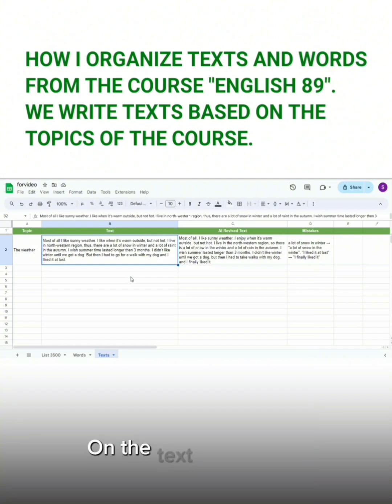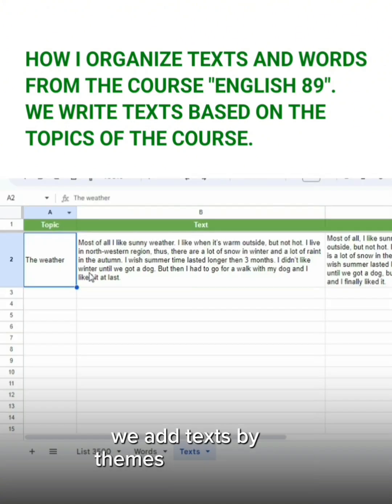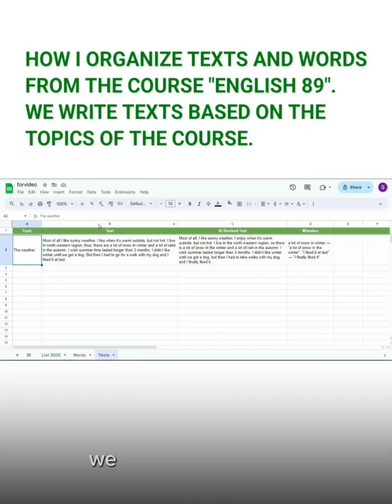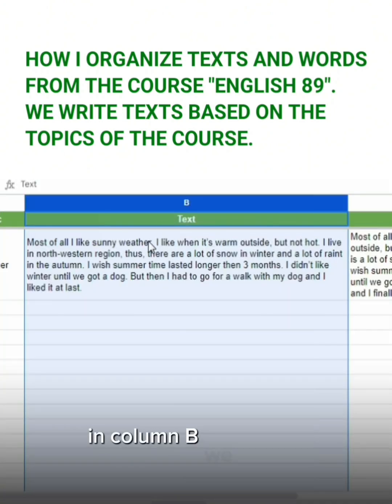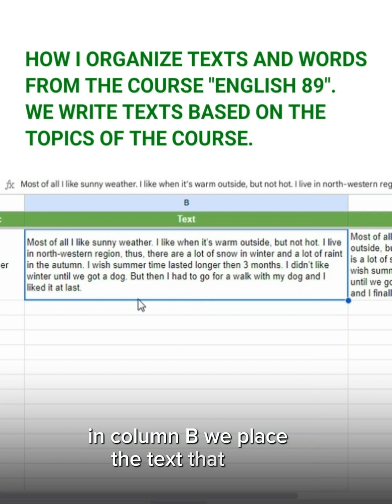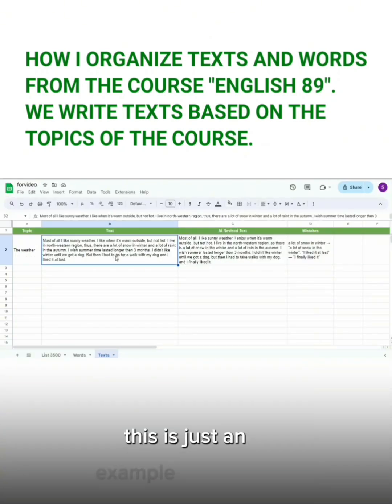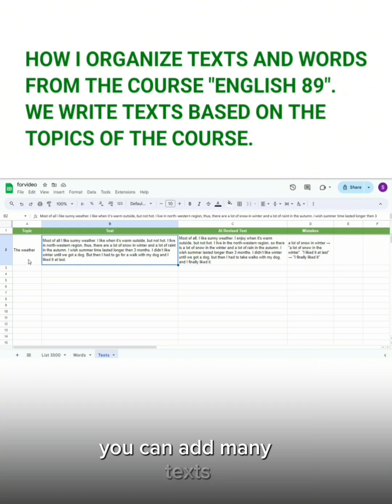So on the text tab of our table, we add texts by themes here. And in column A, we add the topic, and in column B, we place the text that you wrote. This is just an example of the text, and you can add many texts according to topics of the English 89 course. In column C,